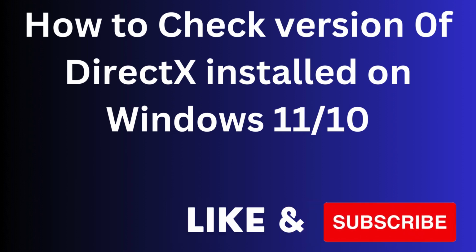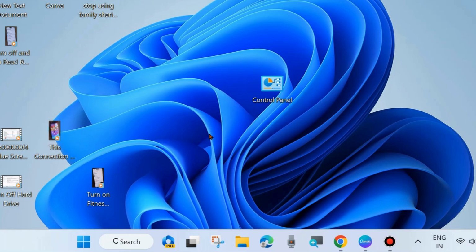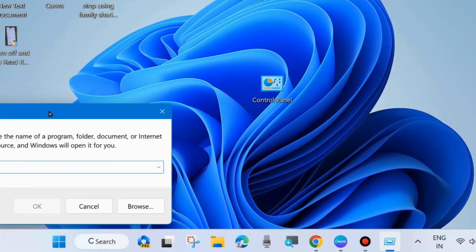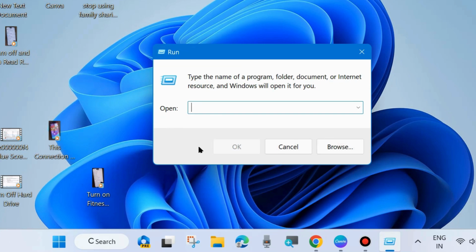Hello guys, how to check the version of DirectX installed on your Windows 11 and Windows 10? Which DirectX version is installed on your system? Here is the process to check it. Go to the Run command box: right-click on the Start button and choose Run, and here type the command